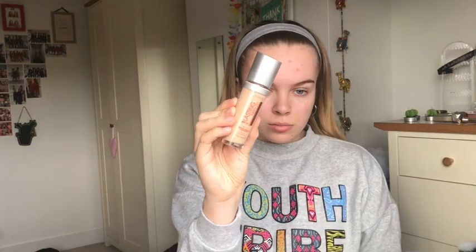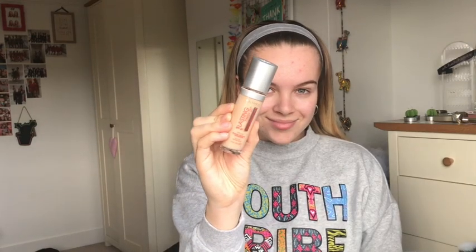So first up, I like to use the Rimmel London Lasting Finish 25-hour Breathable Foundation. God, that was a handful. So this foundation is medium coverage and I am in love. I like to use it in the shade 100 Ivory, and the applicator is like a massive concealer applicator. I'm obsessed. So as you can see, my skin has broken out, but just wait and see until this has